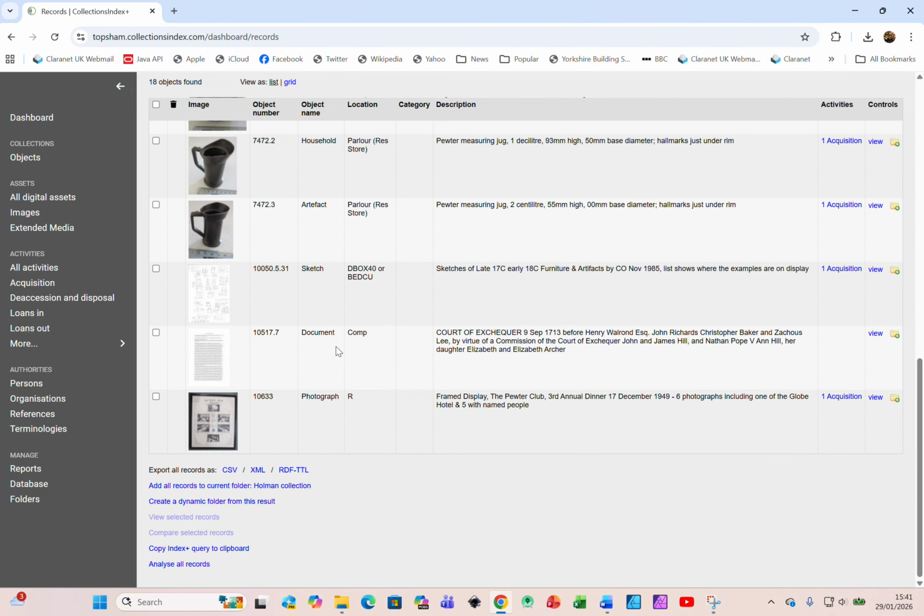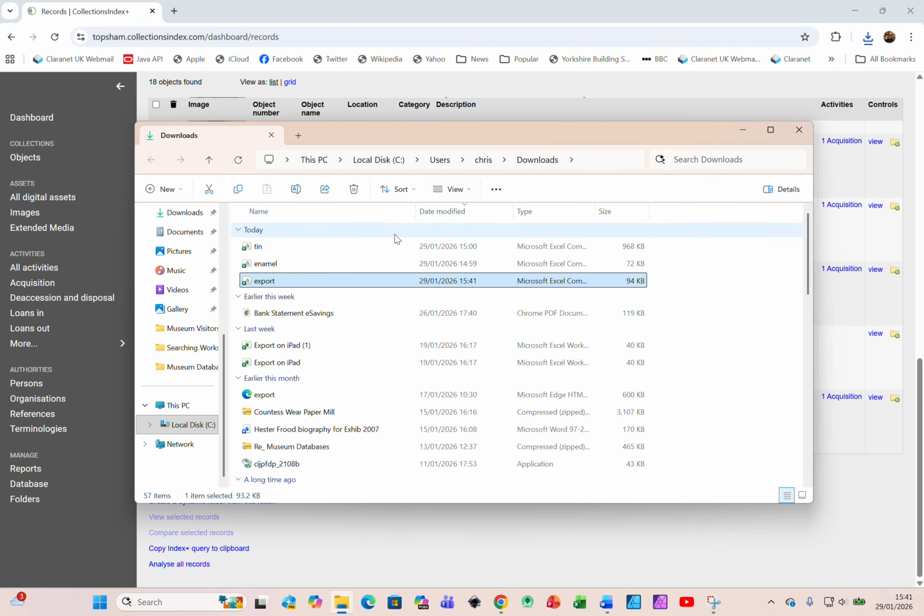And in fact, the way this works, if you don't click any of them, it will assume that you want all of them. So we go down to the bottom of the search results and we see here export all records as CSV. So you click on CSV and it's added a CSV file into the downloads folder,